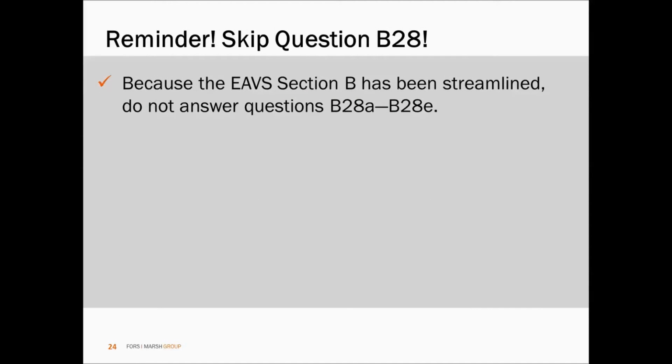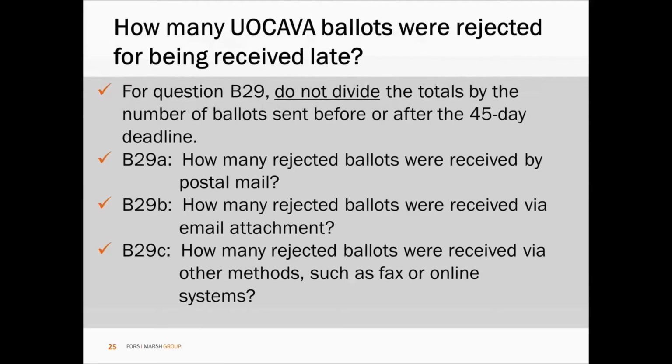You can skip question 28 because of the way the EAVS has been streamlined. For question 29, you'll want to report the number of UOCAVA ballots that were rejected for being received late. For this question, you will not divide out the totals by the number of ballots that were sent before or after the 45-day deadline. Instead, you're just going to be reporting the number of ballots that were rejected that were